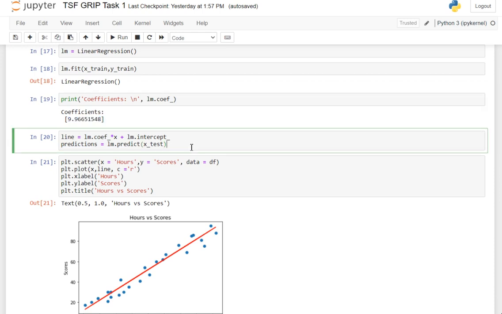As the name suggests, it's a linear regression. That means we are trying to find a line that connects all the data points with minimum error. So the basic equation for a line is y equals mx plus c. M is the coefficient, lm.coef_, times x plus c, which is the y-intercept. So I'll call all my predictions lm.predict(X_test). From the model, we have found our coefficients, and now using the model, we are predicting the values